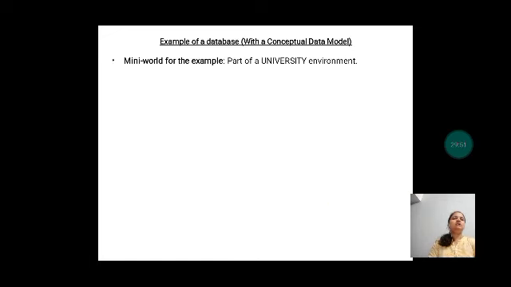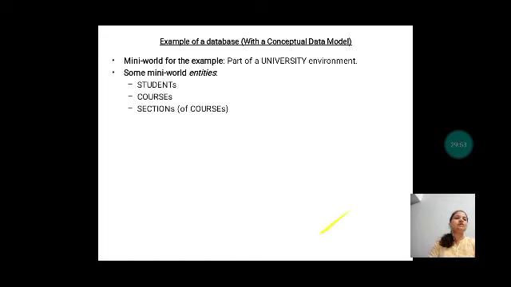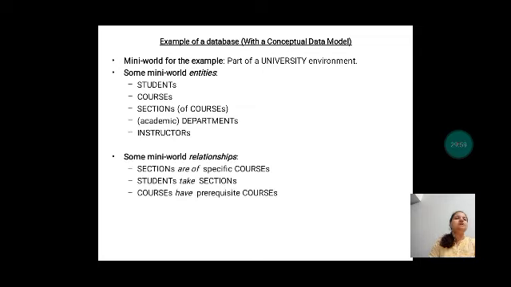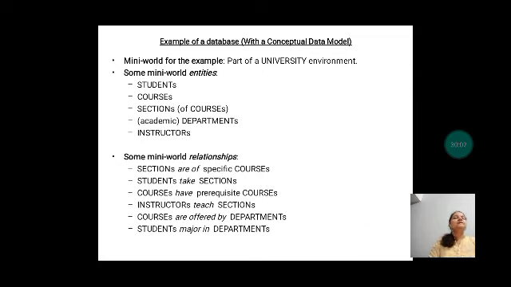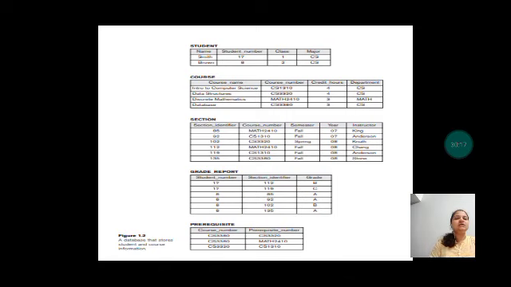And then we saw one conceptual data model with respect to the university. These are the different entities that come under the university, and we just saw what kind of relationships exist between those different entities of the university. Okay, then we just saw how the database looks. In the database it will have multiple tables, and each and every table will have entries in the form of rows and columns. Okay, so in the next video I'll be talking about the characteristics of the database.